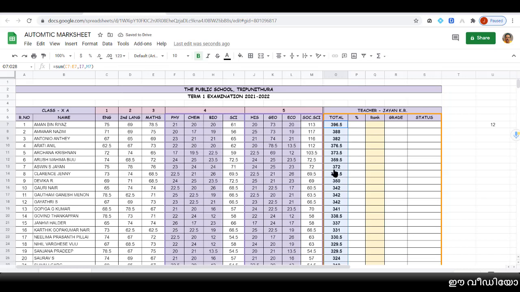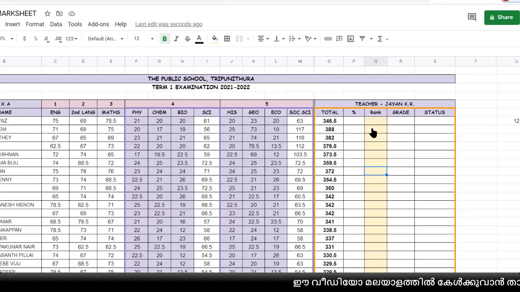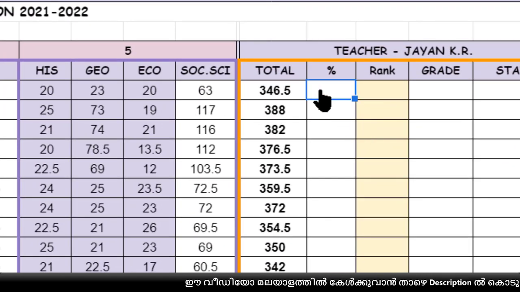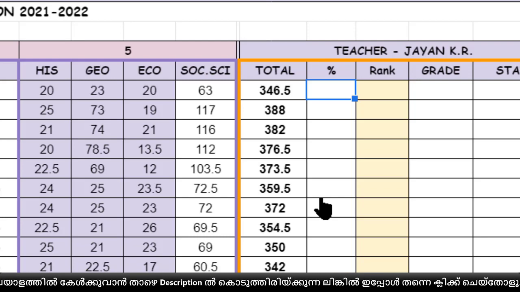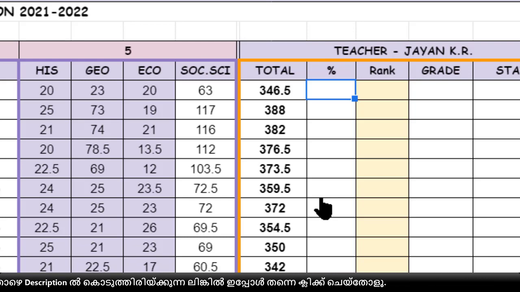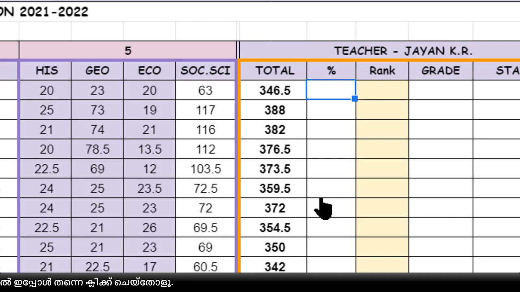Okay, this is the method. So you understood how to take the total of the marks. Now we have to find out the percentage of these marks. You know, all the mathematical equations we can do in the Excel sheet and in the Google Sheet, no problem, it will work. So how to find out the percentage of a student's marks? Very easy. The mark he got divided by the total mark of the subjects, then into 100.